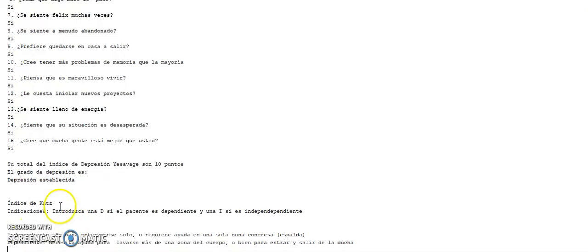Here is the next index. This is the third test that we are going to check. So we put a D if it's dependent, or an I if it's independent. Here, as in the previous one, we also see the result of the program, that is your points and the degree of depression. Here we're going to copy this one,